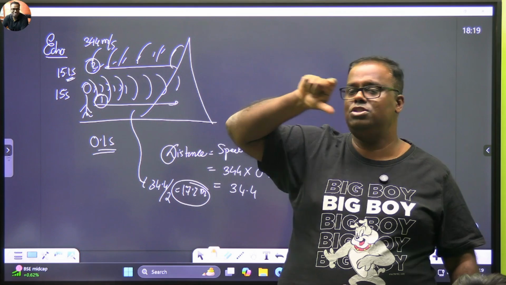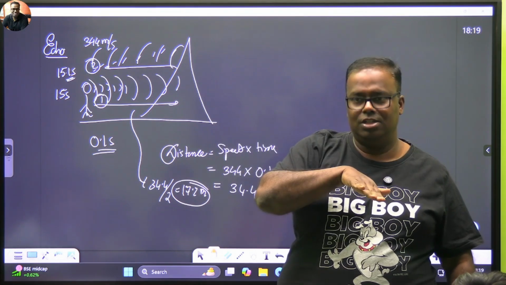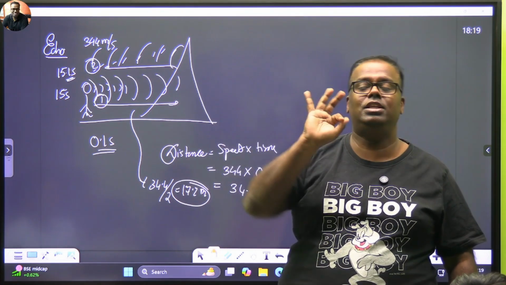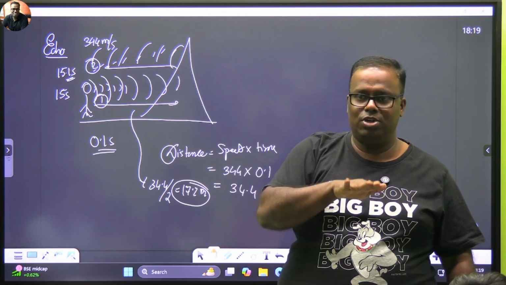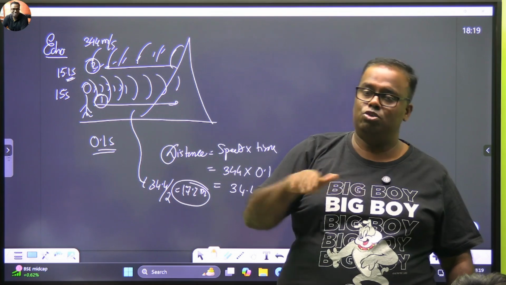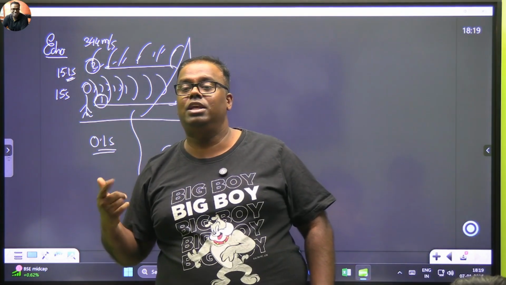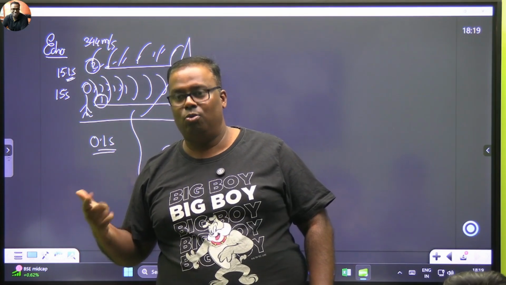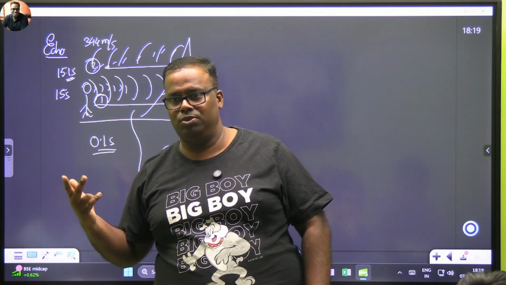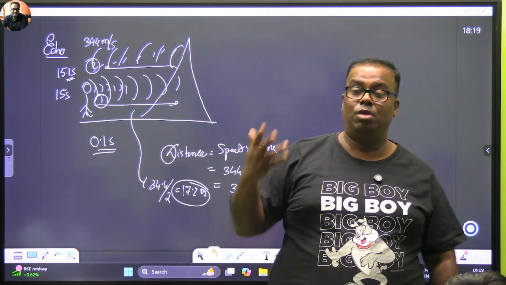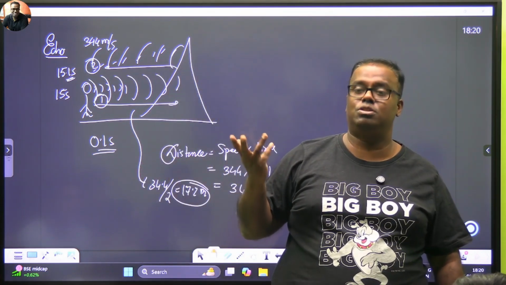Speed of sound means sonic. Subsonic, sonic, supersonic, ये तीन अलग चीज हुआ. Subsonic means less than the speed of sound. Supersonic means more than the speed of sound. At that time we start giving Mach numbers. Mach 1 is 1 times the speed of sound, Mach 2, Mach 3, ऐसे बोलते हैं ना. Like BrahMos is a supersonic missile. It travels more than the speed of sound.